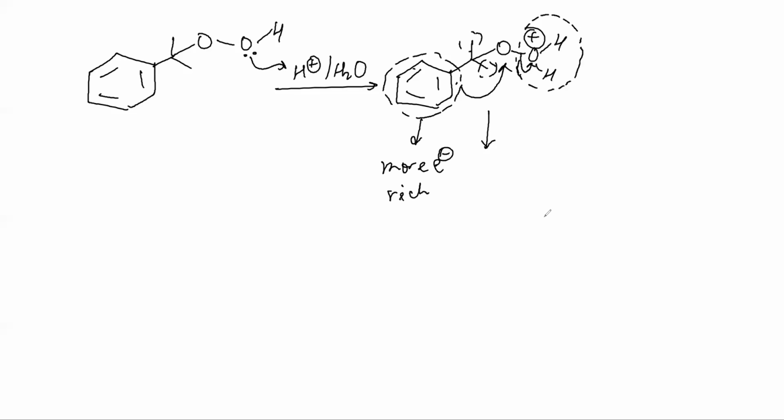What are we going to get? Let's see. O is now connected with the benzene ring, and again they are connected like this, and here it will be positive. Are you getting this? It is just like the stability of a carbocation. Remember, one of the groups used to migrate. So like that, here migration took place.